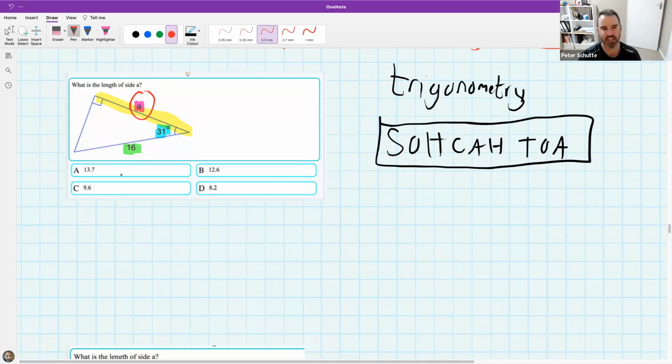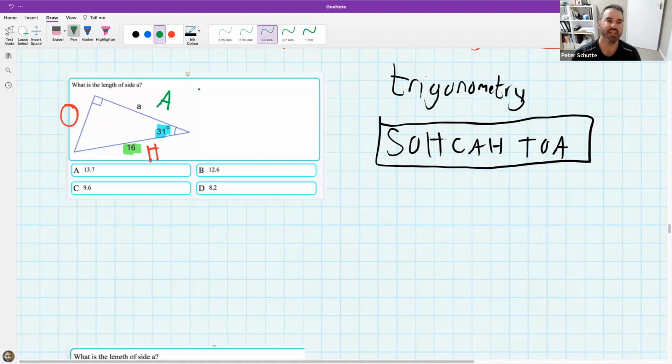in this particular triangle, we would call this side big H. We would call this side over here O, because it's opposite the 31, or the angle that we know. And then we'd call this side over here A for adjacent. Give me a thumbs up if you remember the idea of SOHCAHTOA and you remember the idea of O, A, and H. Give me a thumbs down if that's the first time you've seen that and it's feeling all a bit confusing. Okay, now,